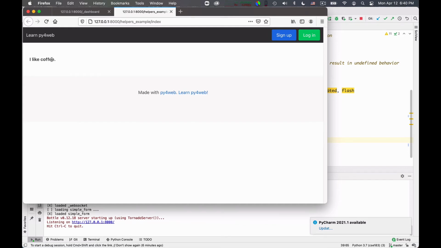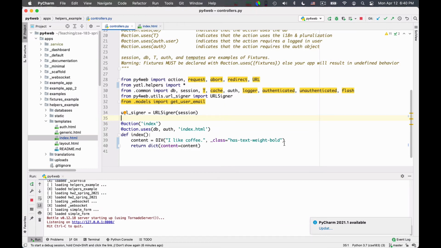And I can also generate the text with a link. For example, let me generate some div that contains I like coffee. Press here for 1.